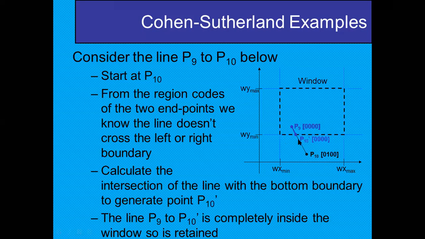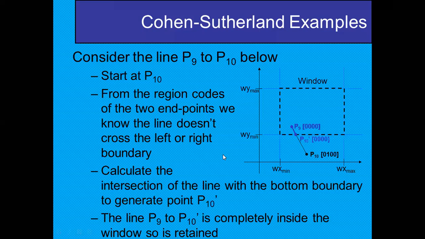And again you can see, if it is lying at the window boundary, then 0000 again. So if any point is lying inside the window or on the window edge, then we can assign the same code, 0000. If any point lies on the window edge, when we are going to find the intersection points, then these points will be 0000, and after that we can say that this will be retained inside the window.